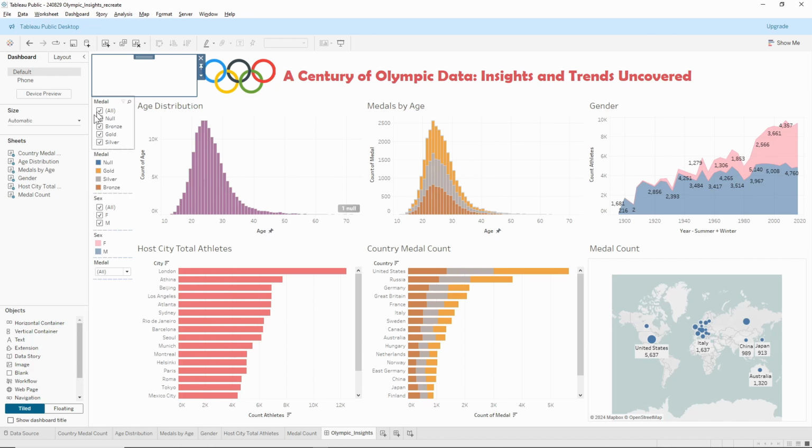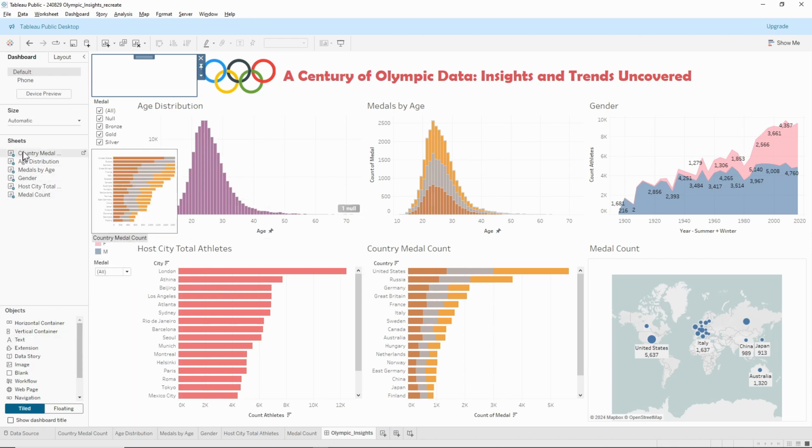And over here I created another container to hold the legends and also the filters. And up here, this was one whole row of a container, and I added 3 containers within it. Oh, I guess 4. 1, 2, 3, 4. Yeah, I created 4 containers within it. Uploaded the Olympic logo, uploaded a text,